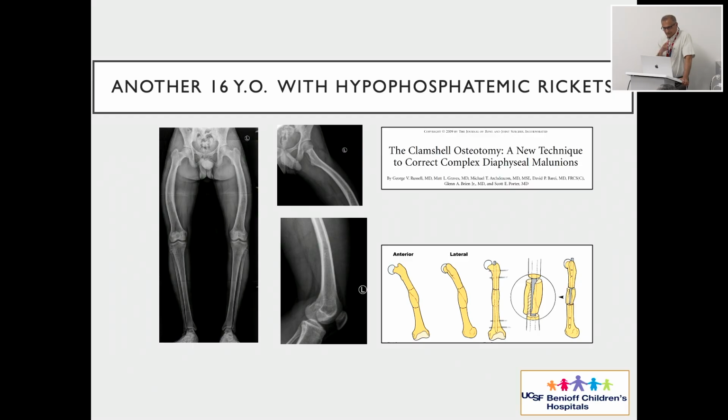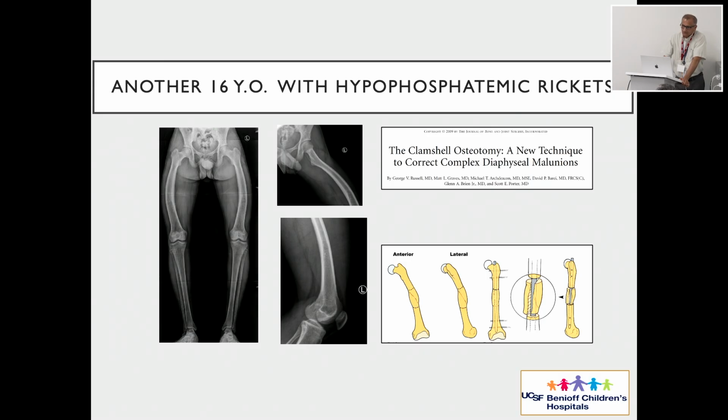And you don't always have to use multiple drill hole osteotomies, etc. This is a case where we used a clamshell osteotomy. This is a great technique, especially if you don't have fluoroscopy or you're limited in fluoroscopy, as long as you don't have a deformity around the joint. So in the femur, if you don't have any sort of periarticular deformity around the hip and the knee, and all the deformity is like a large bow in the mid shaft or the central two-thirds of the femur,